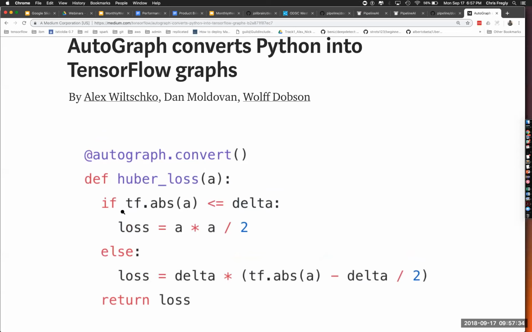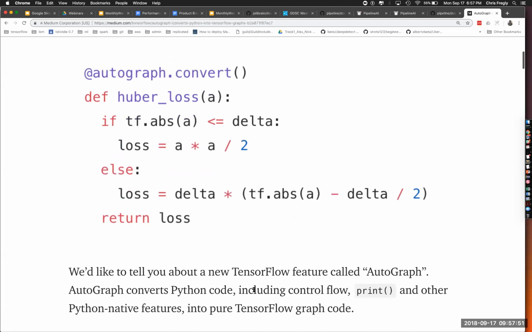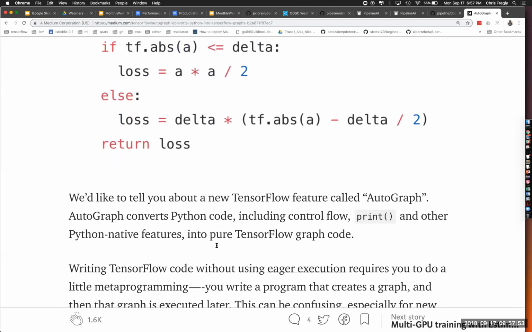And so all you have to do is just import this TensorFlow.autograph and put your little decorator on your Python function, and the output of this will be a TensorFlow graph that you can run within TensorFlow Serving, run on Pipeline, run on these different infrastructures.